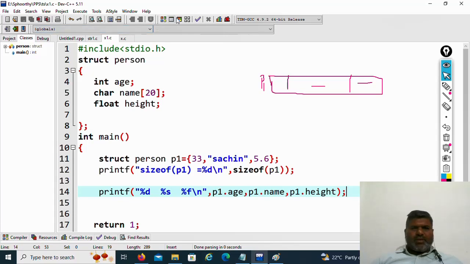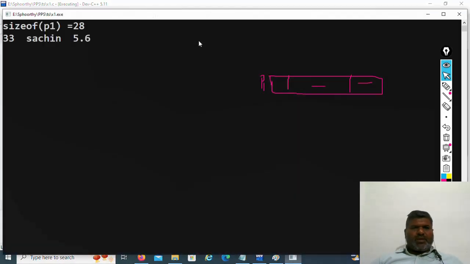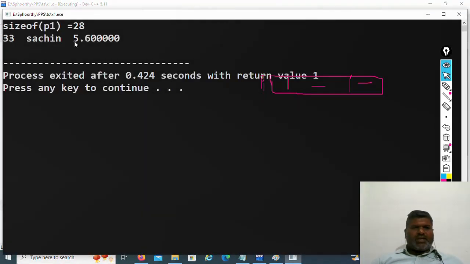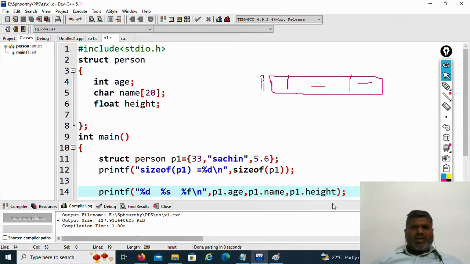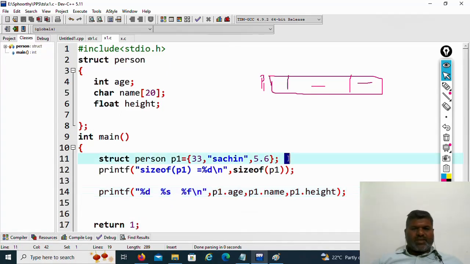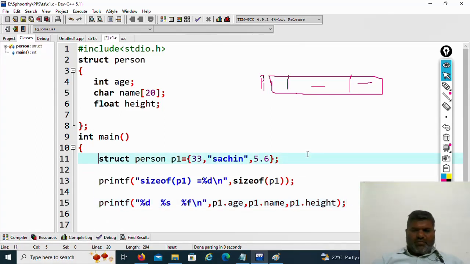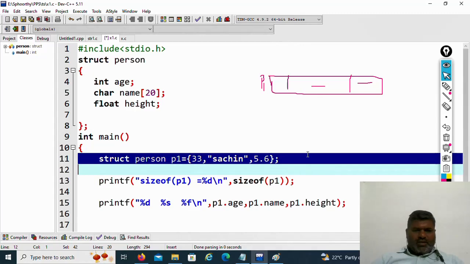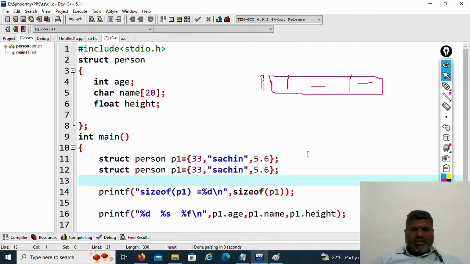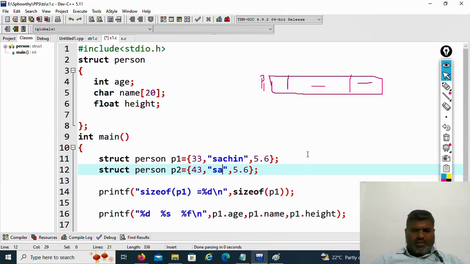Save this program, compile and run the program. Now you can see 33, Sachin, and 5.6. Suppose now let us assume that I want to store the details of two persons. So what we can do here, we can create another structure variable, struct person p2, then you can use 43, name of the person Salman, then height you can take it as